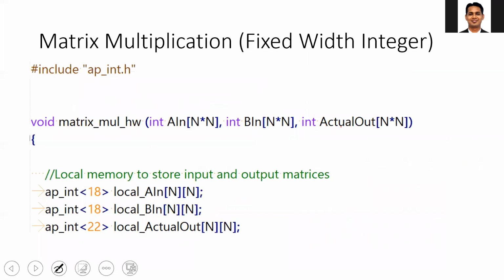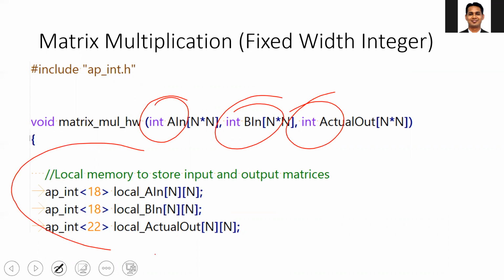And how to do that? You need to use the ap_int.h file, and then for the function which you want to implement on the hardware, you can see that I'm still defining the arguments as integer, but inside the function I am defining the local variable as an ap_int of 18 bits. This 18 indicates the number of bits of the integer. Here I am defining a and b as 18 bits, and the actual output was 22 bits. So I am taking input a_in as 32 bits, but while storing it, I am using only 18 bits of that, so that all the arithmetic happens on this one, and that can be much simpler.